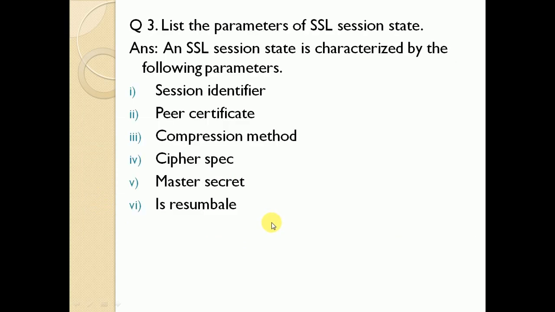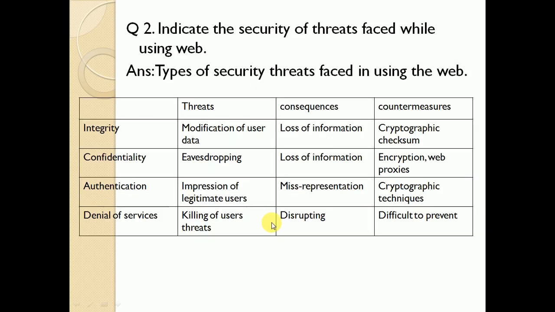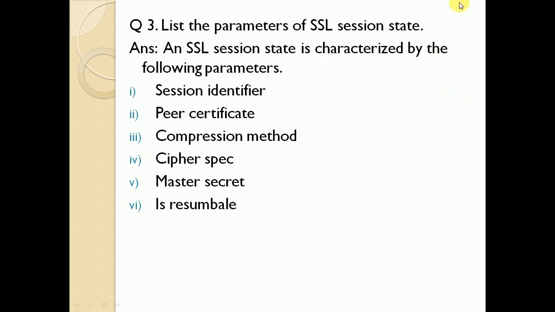So here the killing of users is there. Then flooding machines, bogus threads, filling up disk or memory, isolating a machine by DNS attack. So these different types of attacks are there in DOS, denial of service. These are the important threats you need to face when you are browsing on the internet. Okay. Let's see the next question, that is question number 3.